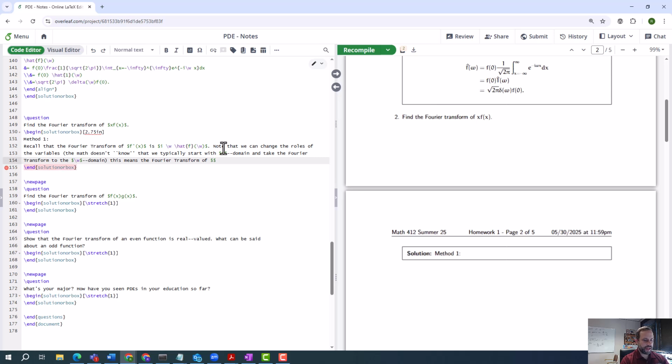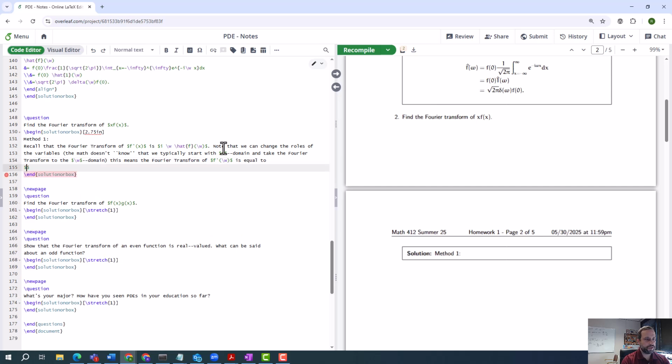of f prime of omega is equal to i x f hat of x. Again, we're thinking about this weird situation where we start with the variable omega, take the Fourier transform and go to the variable x. Or equivalently, we could say,